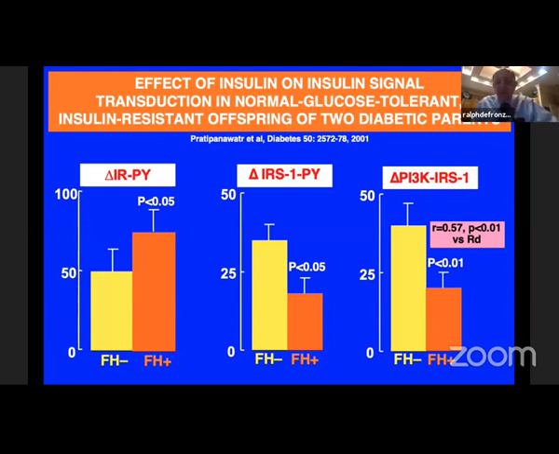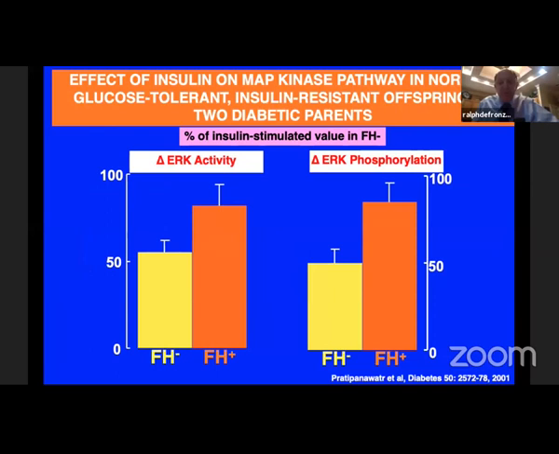Now, here is the worrisome part of the story. So what about ERK activity? This is a key molecule in the MAP kinase pathway, and ERK phosphorylation. They are markedly overstimulated. So as I said earlier, these kids are sitting in a sea of really premature atherogenesis